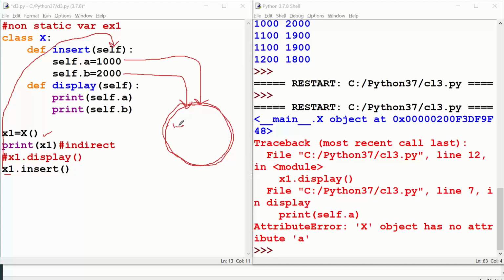Now you have both the 1000 and 2000 values.